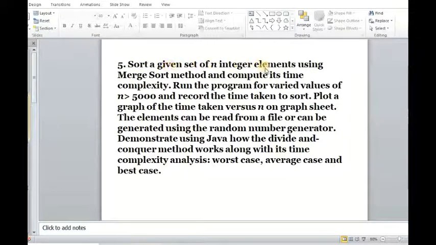Sort a given set of n integer elements using a merge sort method and compute its time complexity. Run the program for varied values of n greater than 5000 and record the time taken to sort. Plot a graph of the time taken versus n on a graph sheet. The elements can be read from a file or can be generated using a random number generator. Demonstrate using Java how the divide and conquer method works, along with its time complexity analysis: worst case, average case